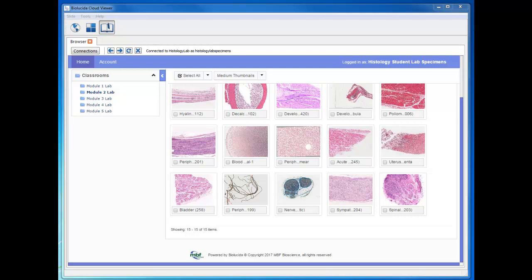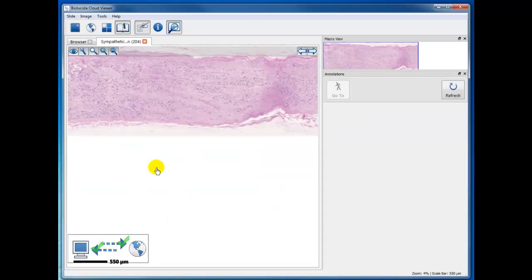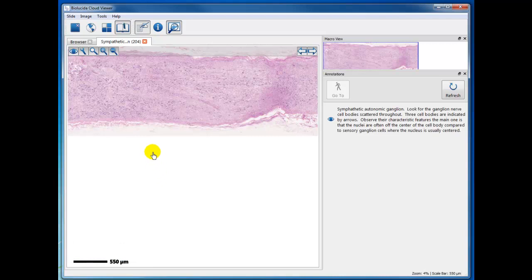This is a recording, a tour of two types of ganglion, sympathetic and sensory ganglion cells, a part of the nervous system. And so first I'll click on the sympathetic ganglion, and these ganglion lie along the spinal cord and have the